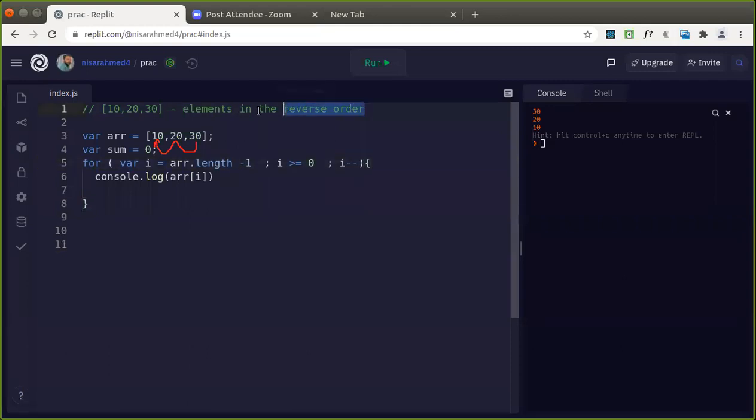Now suppose I want to display the even elements in an array. So how are we going to do that? Yeah, text me in the chat, guys.